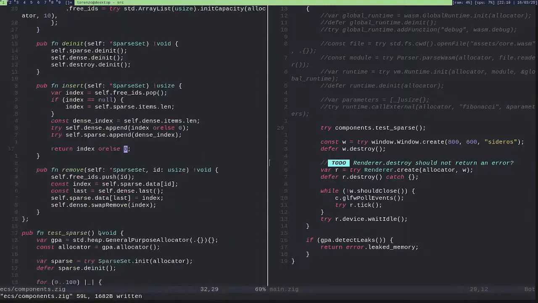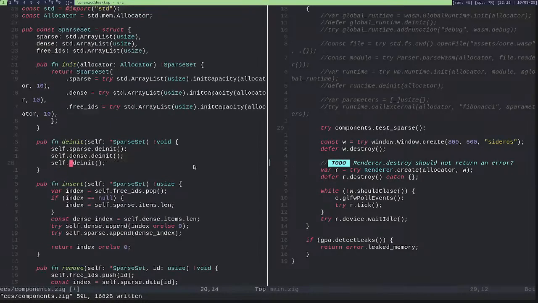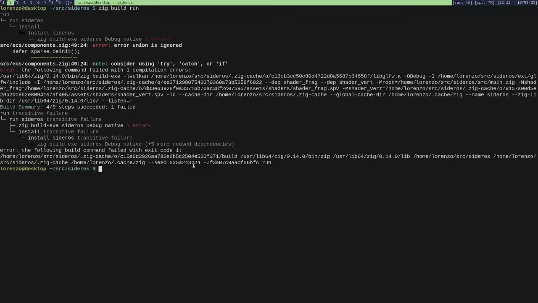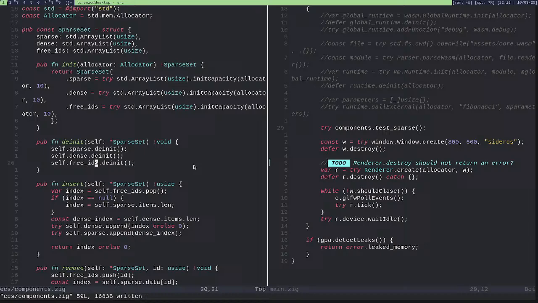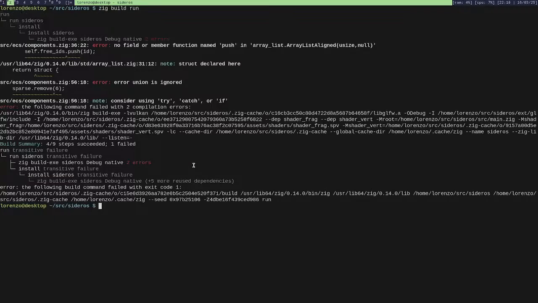What? Oh. Okay. This shouldn't return any error.